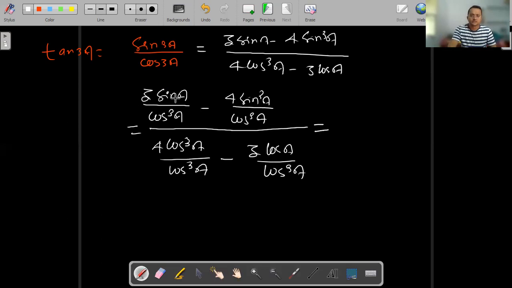Now you see, if you simplify this, then sine A divided by cos cube A. So sine by cos is tan, and in the denominator we will get what? Cos square A. So 1 by cos square A is what? Sec square A. Getting my point? So what we can write here? 3 tan A into sec square A. Have you understood this?